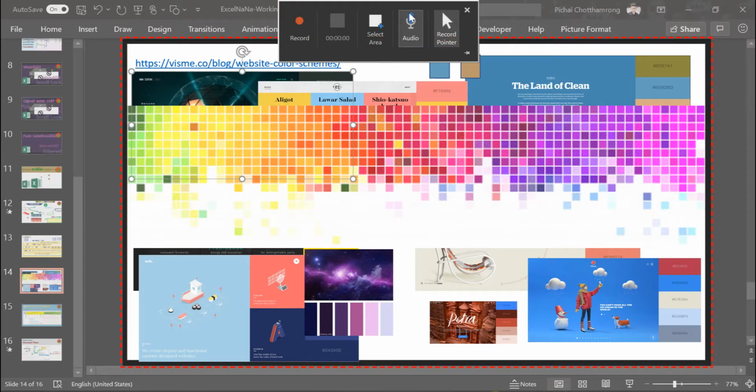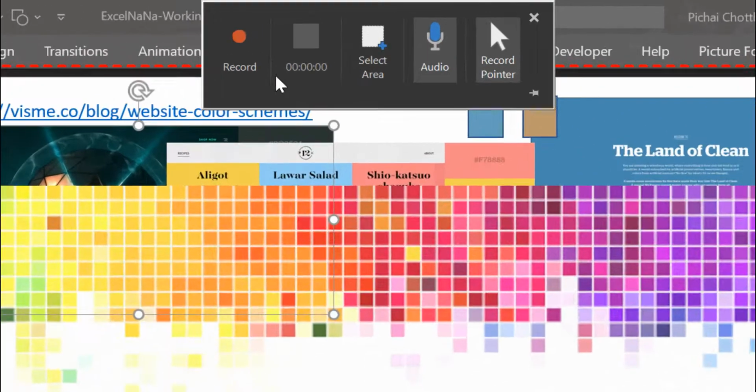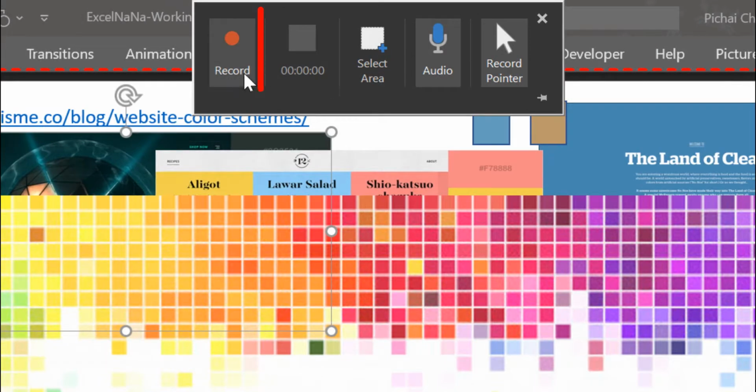Before starting the recording, let's review all commands in the toolbar. The first one is Record for starting recording. Next is Stop for stopping recording. Next is Select Area for setting the recording area.